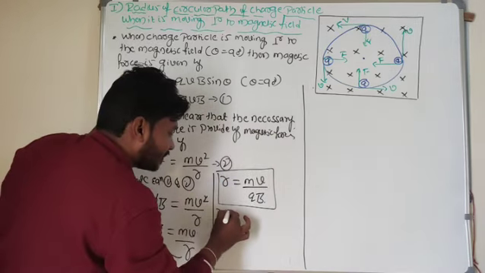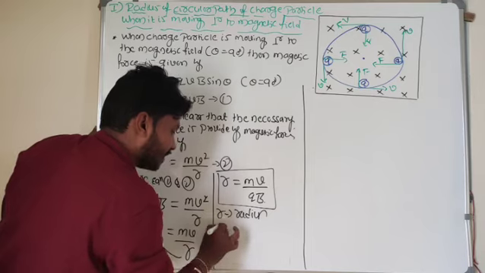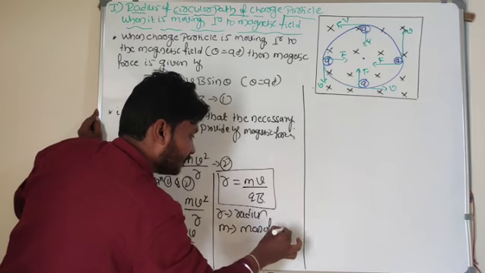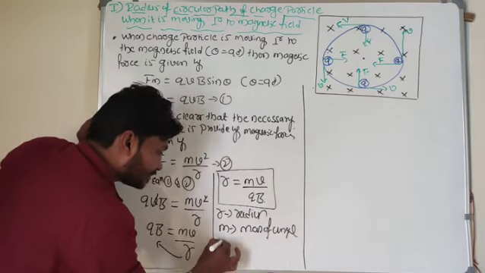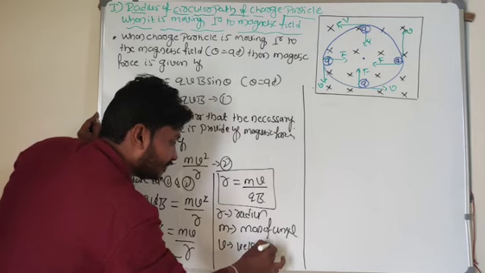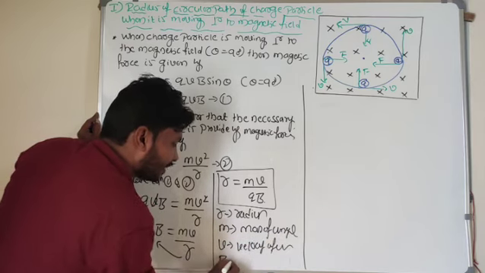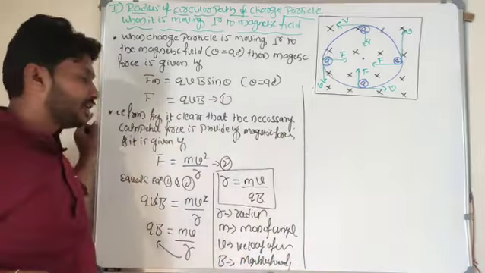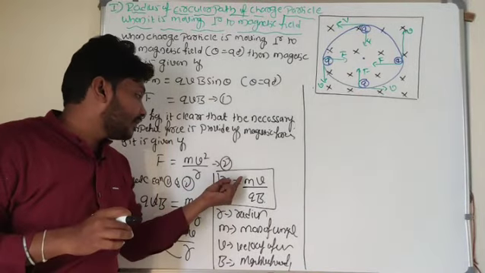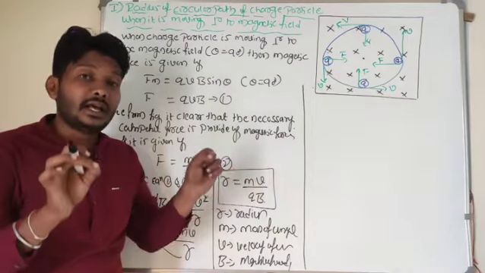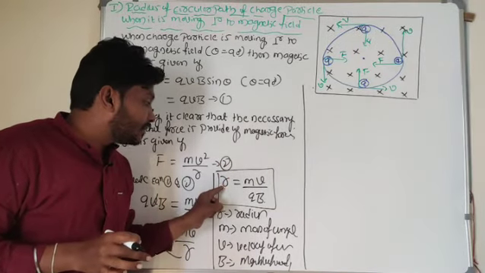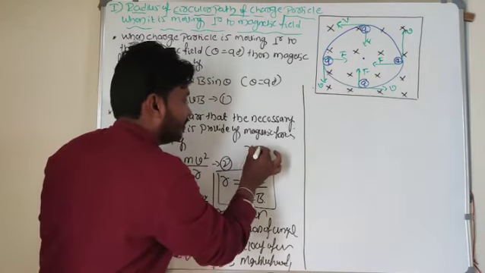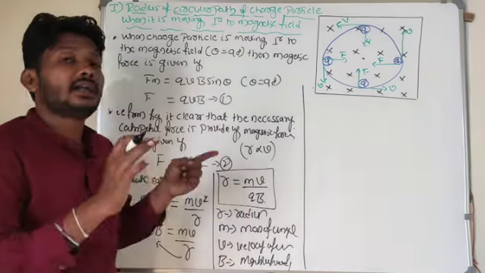magnetic field, where r represents the radius of the charged particle, m represents the mass of the charged particle, v represents the velocity of the charged particle, B represents the magnetic field strength. Look at here, radius of the circular path r is equal to m into v divided by q into B. Then it means that radius of the circular path depends upon the mass of the charged particle, and radius is directly proportional to velocity.